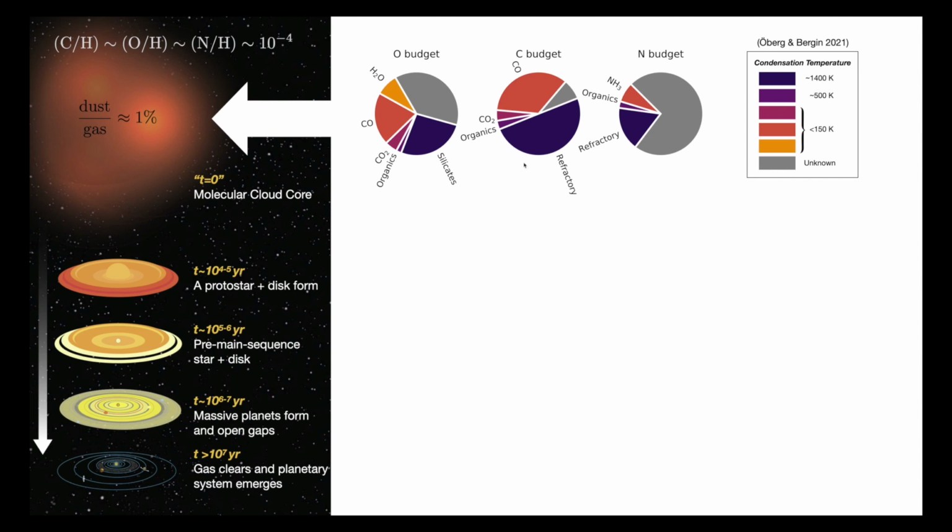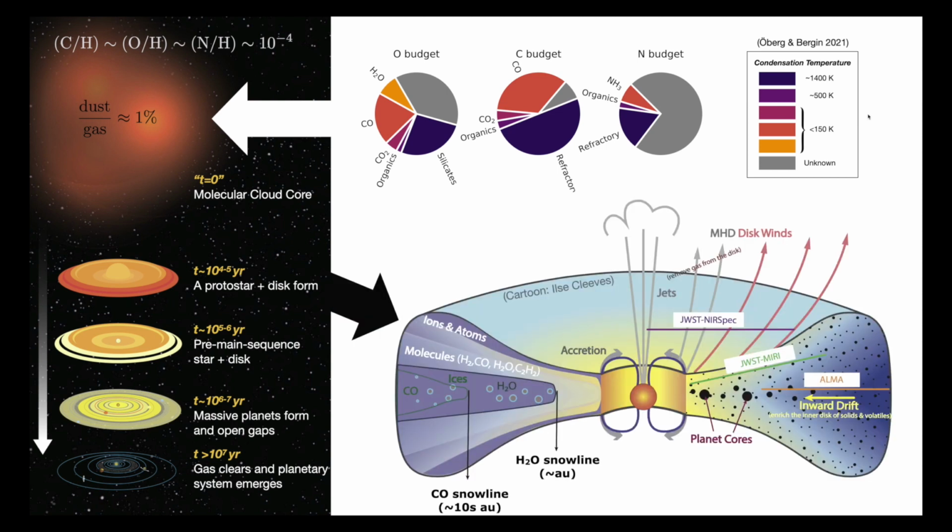For example, roughly half of the carbon is in refractory compounds, which have high condensation temperatures, while a significant fraction of carbon and also oxygen is in carbon monoxide, which, with a condensation temperature of only 20 Kelvin, is highly volatile. If we imagine these raw materials are incorporated unaltered into a protoplanetary disk, we can compare the condensation behavior